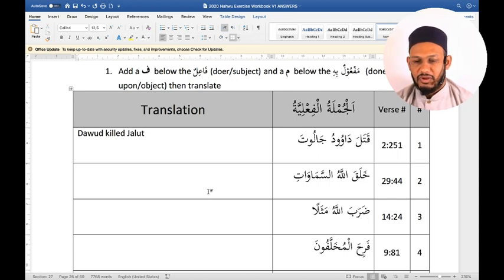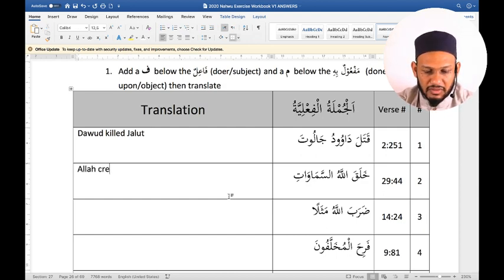Okay. Number 2. خَلَقَ اللَّهُ السَّمَاوَاتِ. خَلَقَ means created. I can see that the fa'il there is the word Allah, and as-samawati is the maf'ulun bihi. Now you might ask the question, why isn't it as-samawata? Because maf'ulun bihi should be nasb. But this is going to be like a jam'un mu'annathun salimun, a sound female plural like muslimatun, muslimatin, muslimatin. Therefore the ati is actually there in nasb. So therefore it's going to be Allah created the heavens, or the skies are fine as well.